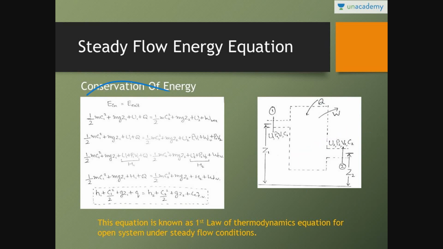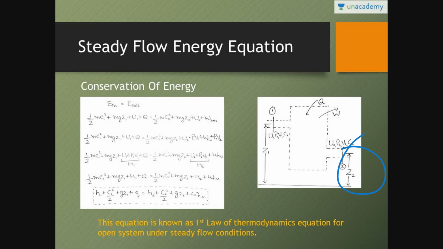So total energy in is equal to total energy out. Total energy in comprises kinetic energy, potential energy, internal energy, and heat supplied, and the total energy leaving is kinetic energy, potential energy, internal energy, and net work. It is net work, and we have studied that. See, here is a pressure term, here is a pressure term. So what is the use of this pressure term? This pressure term helps you in calculating the flow work,